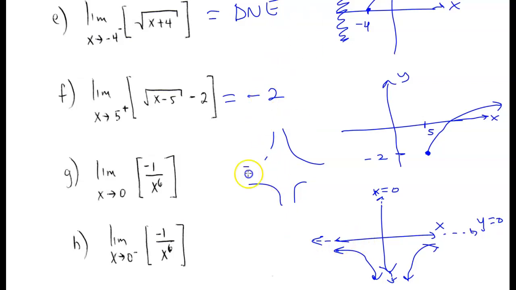Now, if we're studying the behavior of this particular function that we've just drawn as x approaches 0, remember, here we're saying that we're studying the behavior from both the left and the right. And we see that our graph here, both from the left and right of x equals 0, goes down to -infinity. So we're going to answer this as -infinity. Now, if both sides of the graph go down to -infinity as x approaches 0, then of course the left side is also going to do the same thing. So we're just looking at this side here, okay? All right,